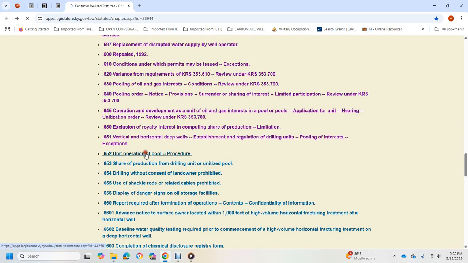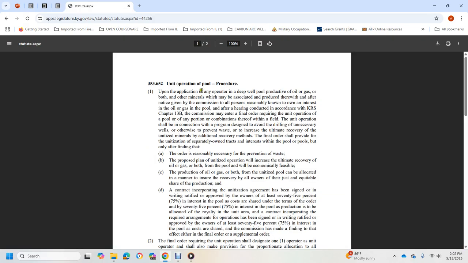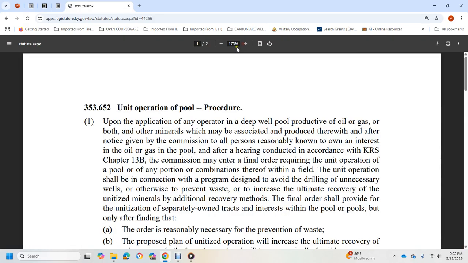Alright, 652, units of operation and pool. Upon application, any operated deep well productive of oil or gas, or of the mineral associated or produced therewith, with notice given to the Commission,